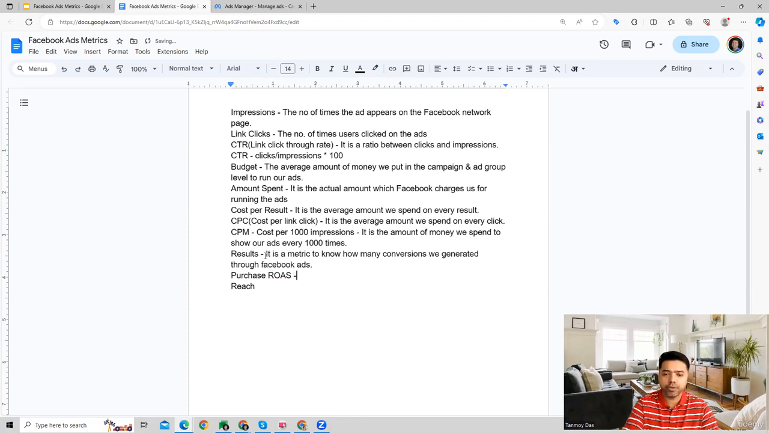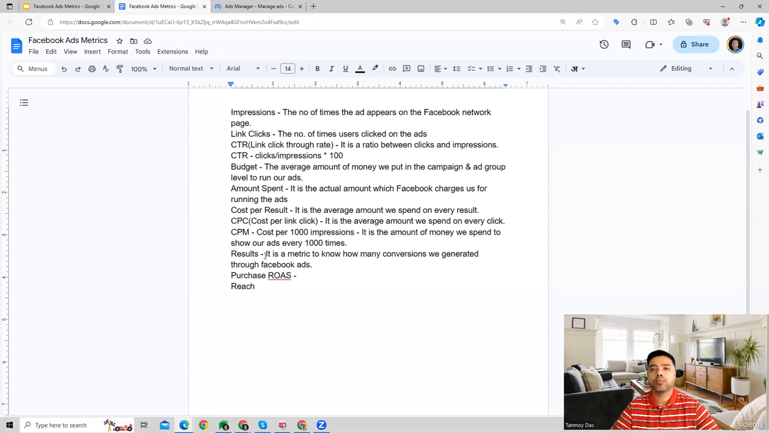Another important metric which we use in a Facebook ads campaign is purchase ROAS, which is more related to revenue. There can be a lot of businesses who are running Facebook ads primarily to generate revenue, mostly e-commerce businesses who are selling tangible products. They would like to know how much revenue they generated by using Facebook ads, and that is when we can use this metric, purchase ROAS,